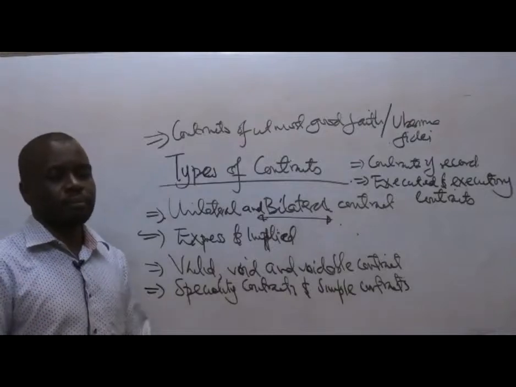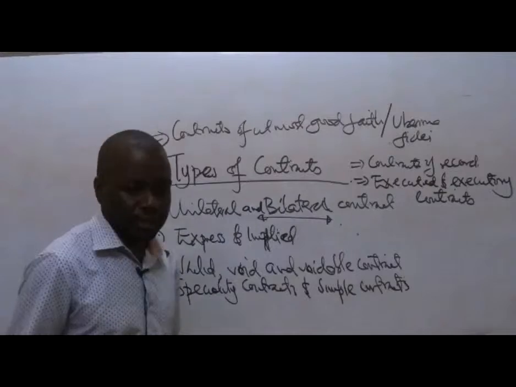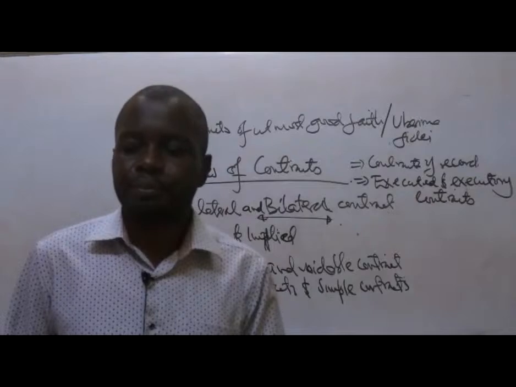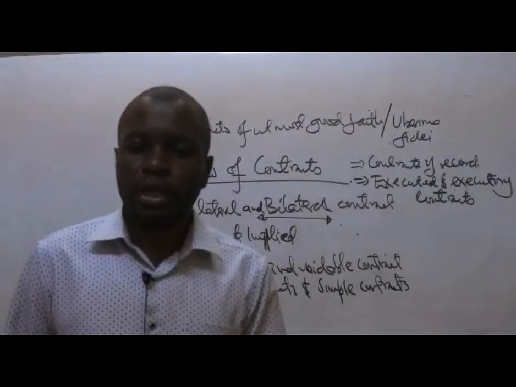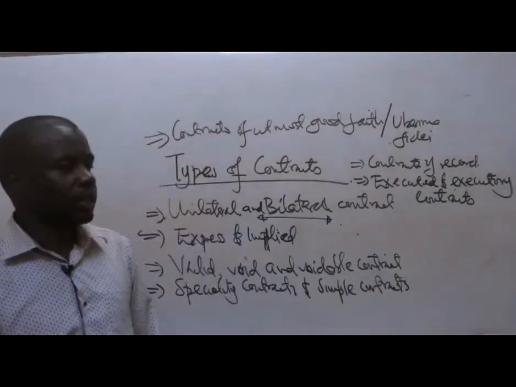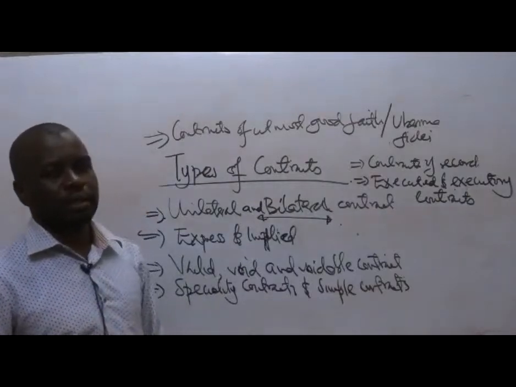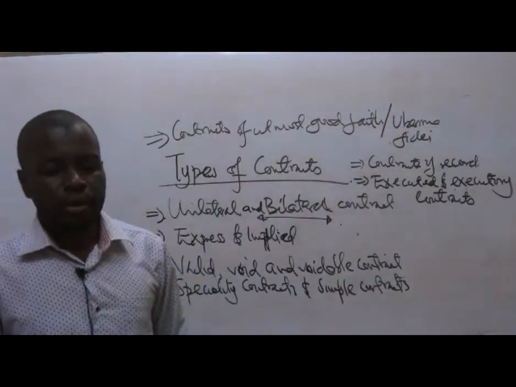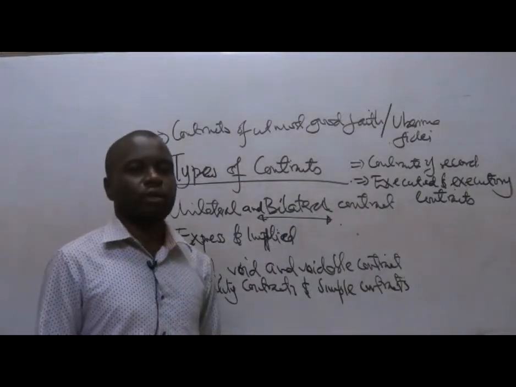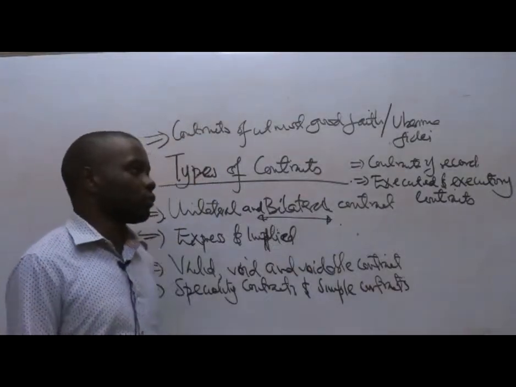They might give out injunction orders, they might give out eviction orders. So several orders can be given by the court. The party who has been called upon to be evicted from a particular area has no option but to follow the pronouncements the court has made. So those contracts or agreements that arise as a result of a court ruling or a judgment will be termed as contracts of record.